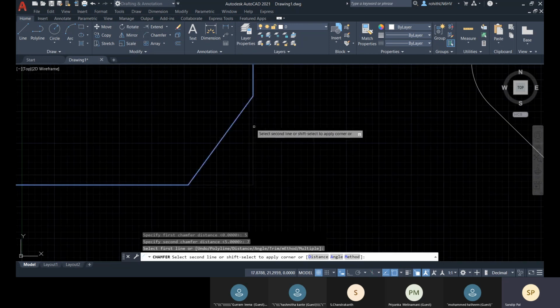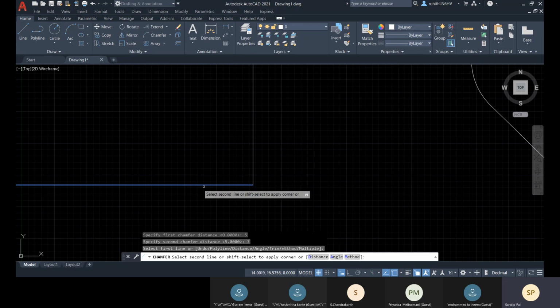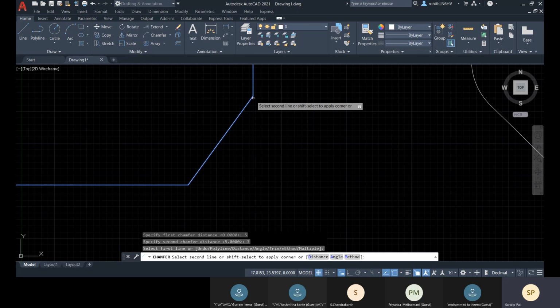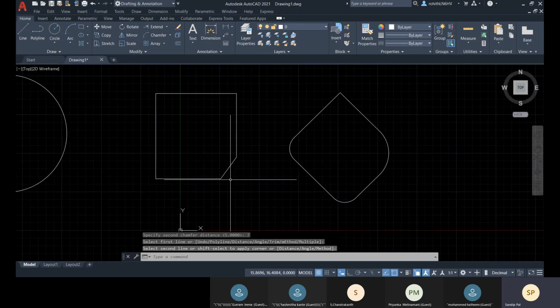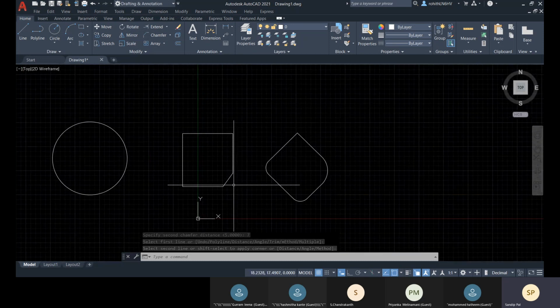So here you can see that I'm doing it, and here you have this corner. From this corner, it is taking 5 distance, and from this corner, it's taking 7 distance, and it's connecting those 2 points, and this is your chamfer. Okay.